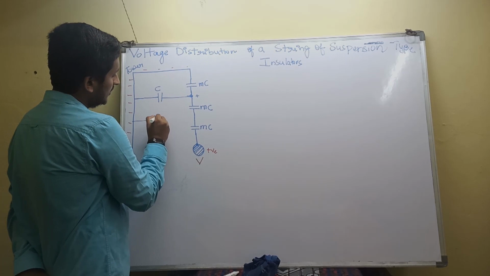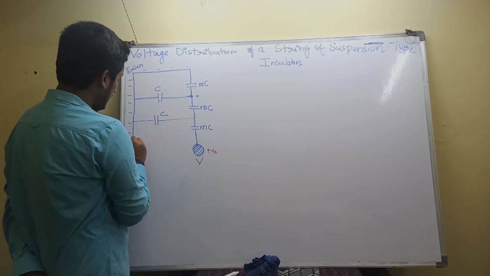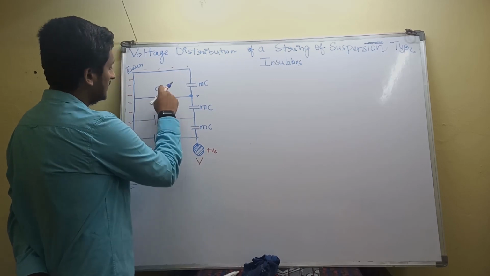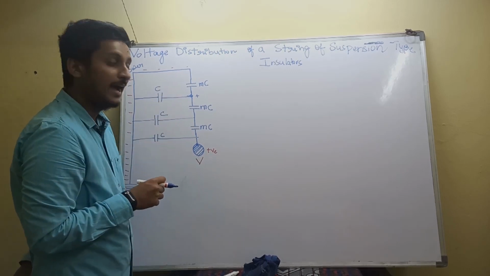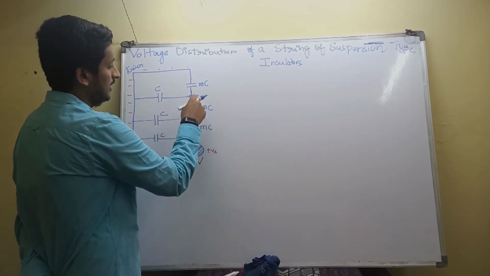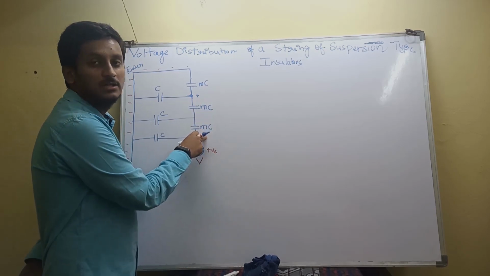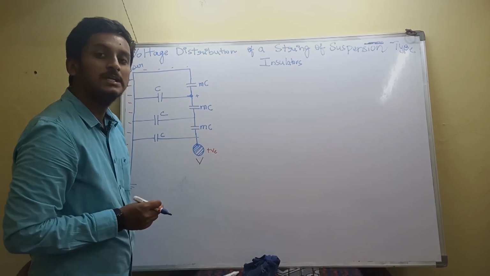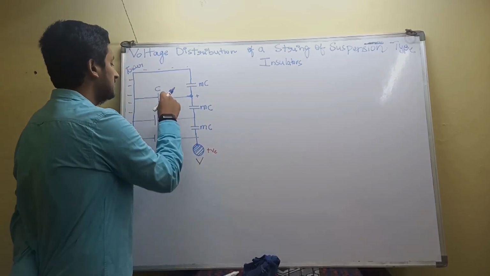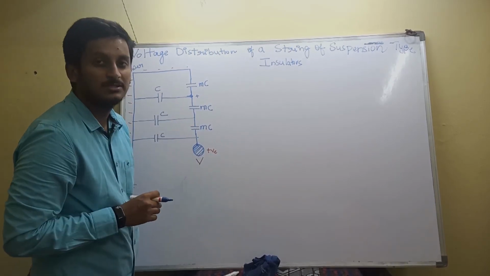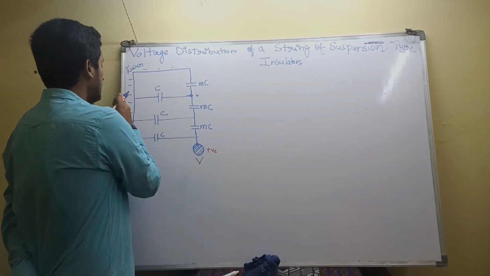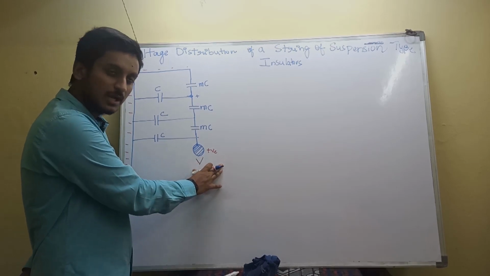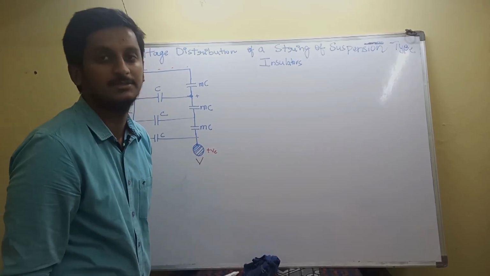Similarly, you will be having one more capacitance here. Again you will be having one more capacitance here. So these are the shunt capacitances. As in the starting I said, these are in series. So these capacitances are in series, so I can call them series capacitances, and these capacitances are called shunt capacitances. So with respect to the tower and conductor, there is existence of shunt and mutual capacitances.